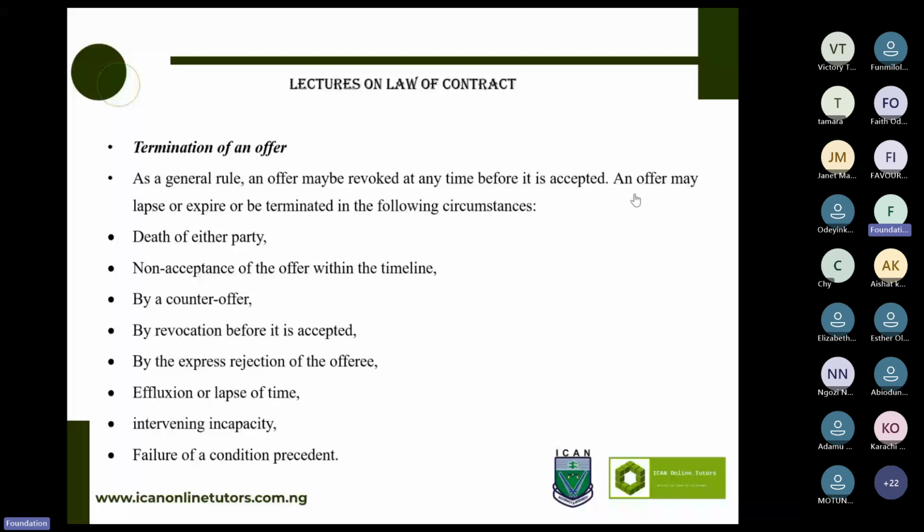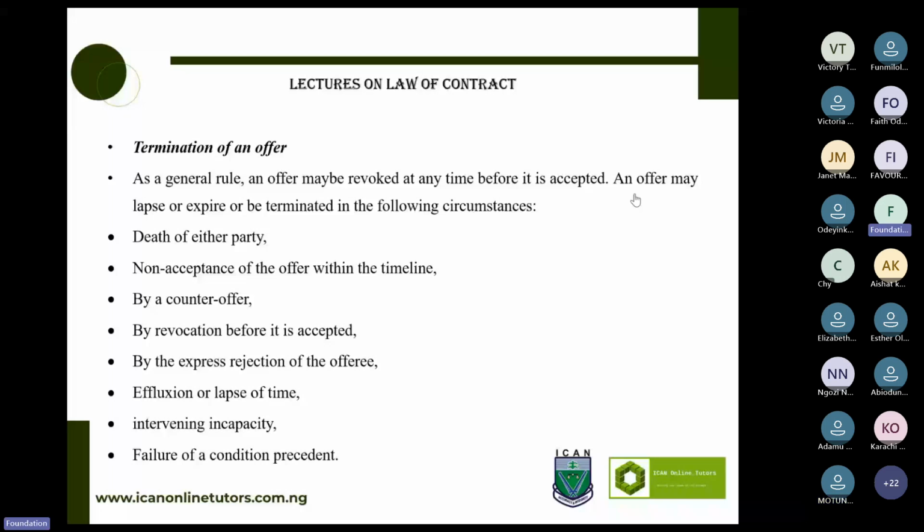So the two things that happen is either the guy collects the money like that, or asks me to leave, drops me off and zooms. So that is counter offer. In a real context, counter offer means variations to the terms of an offer. That's what it means. Any question, class? Motura, your hand is up. Is it from the first question or you have a new question? Okay, we'll move forward. No, sir, from the first question.